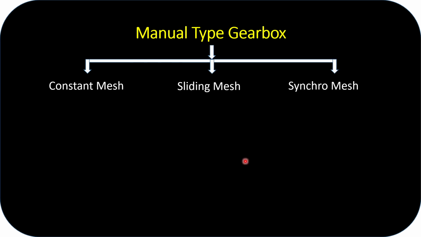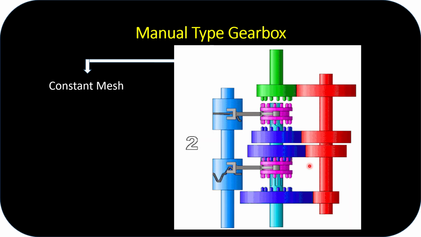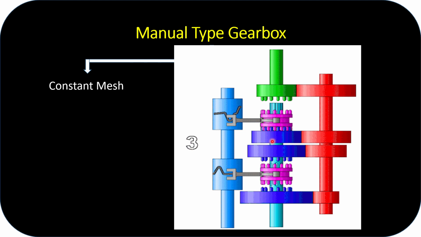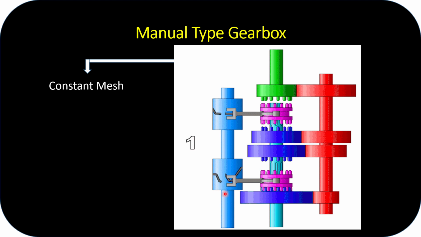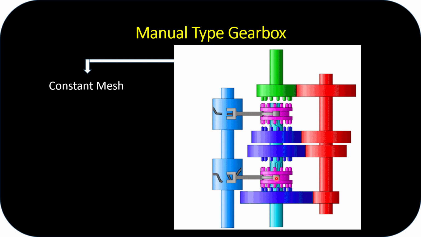And one more thing I would like to explain in this figure is that when the dog clutch doesn't have any contact with any of these gears, it is said to be the neutral position. Next is the second gear, this is the third gear, and this is the fourth gear. Then neutral. Again, first gear, the bigger gear. Second gear is just a smaller gear. Third gear is the smallest gear, and fourth gear is directly coupled to the input shaft. Then neutral, connected to nothing. So that is about the constant mesh.